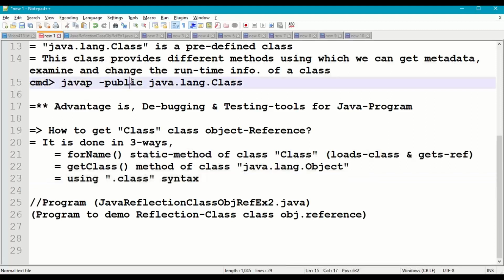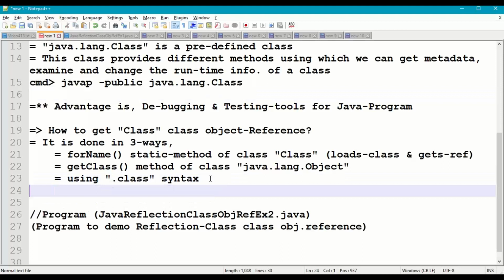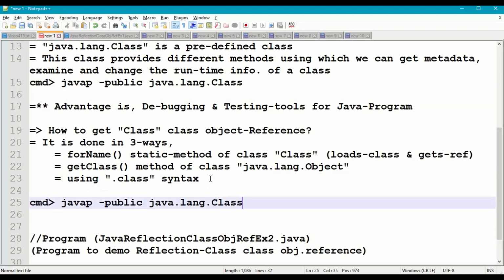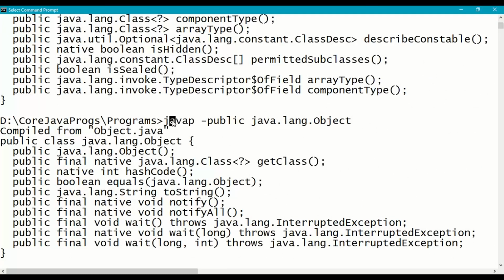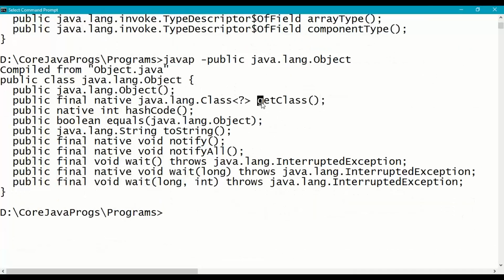So if we see the description of the Object class, it goes like this: javap public java.lang.Object. Right. So open the command prompt, go to your working directory and issue this command. Right. So here we have getClass whose return type is Class, which belongs to the java.lang package, and we can use the getClass method to get the reflection of that particular class.